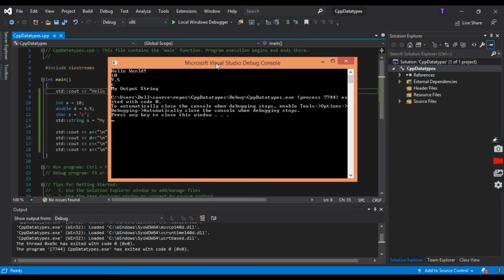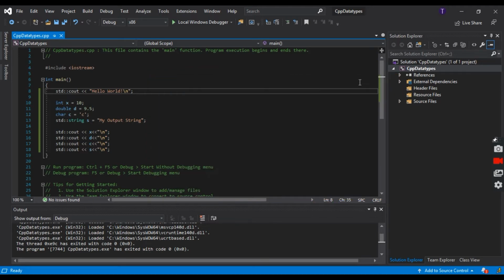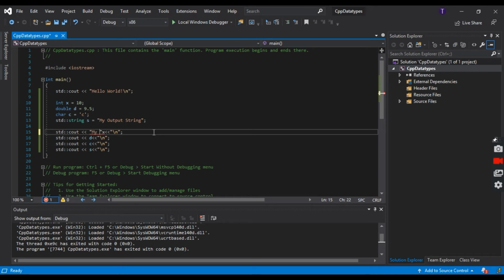So guys, here you can see when we added the slash n, the x value is printed here, the d value is printed 9.5, the char value c is c, and the s is our string, my output string. The interesting part, guys, is that we can make it more readable, and we can say cout. Here we will add our string, my integer value is